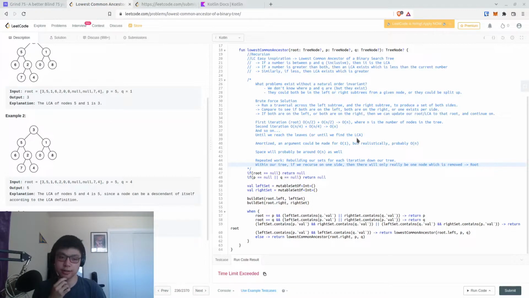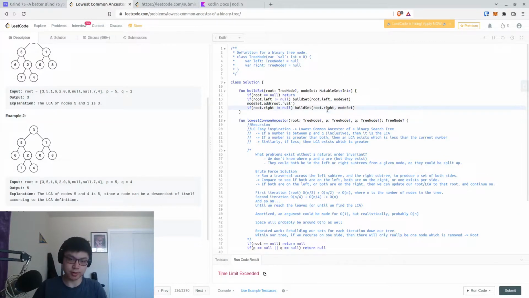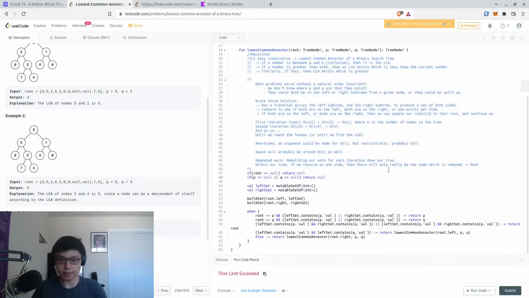So how could we instead sort of manipulate our set in order to work a little bit better? Well, let's see. If we turn this in-order traversal into a post-order traversal,